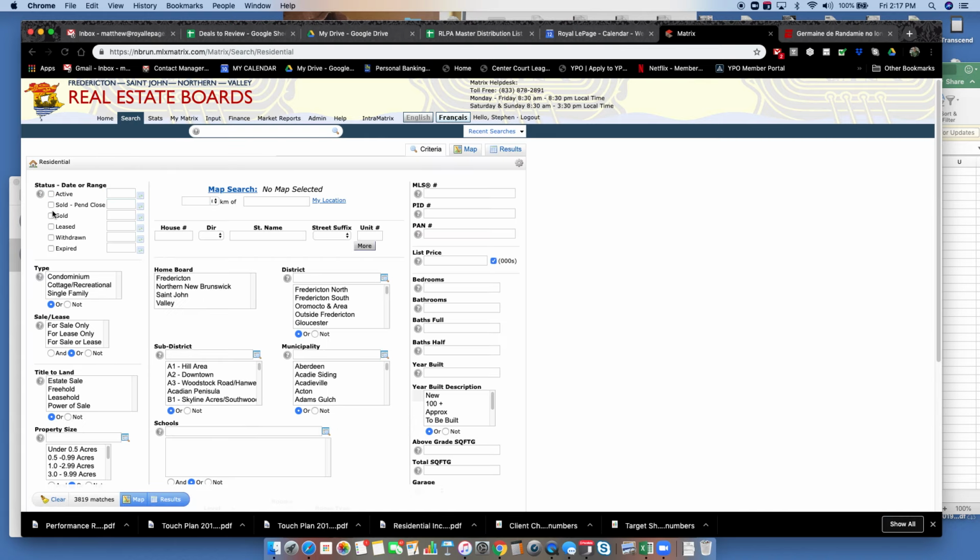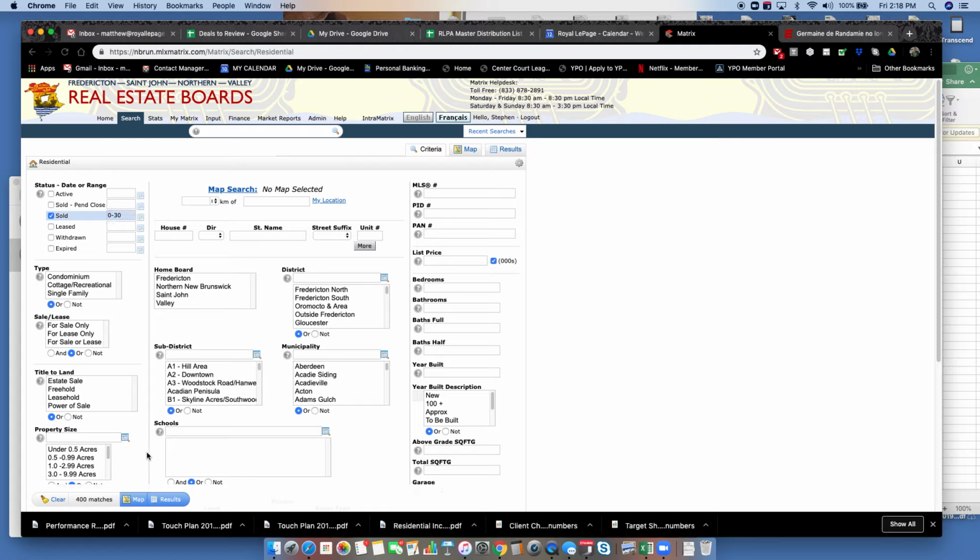In this case, I want to see sold properties. I want to see people's results for what they've sold. I would suggest that for the most part, you want to do either year to date, or all of last year, or all of a quarter, because it's hard to get really valuable statistics in any time period shorter than that. But just for the sake of ease, I'm going to do the last 30 days